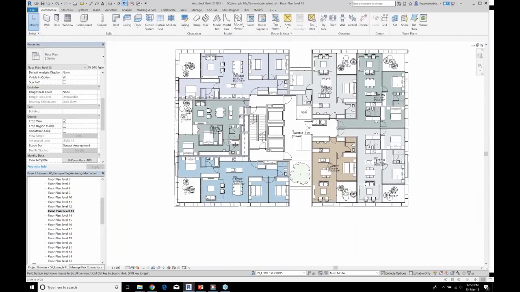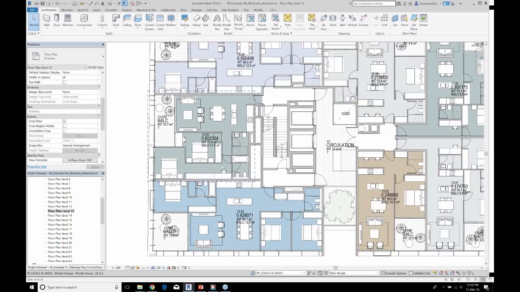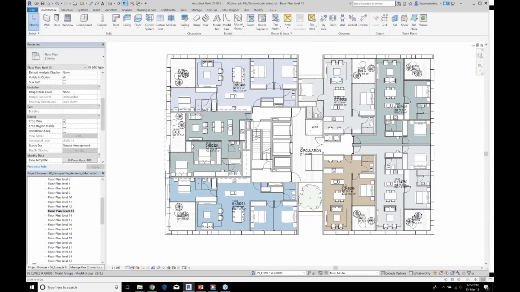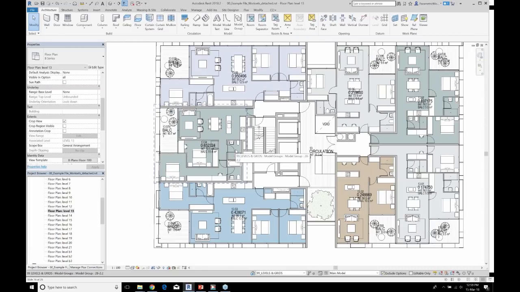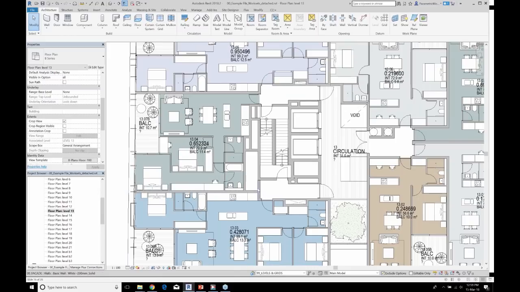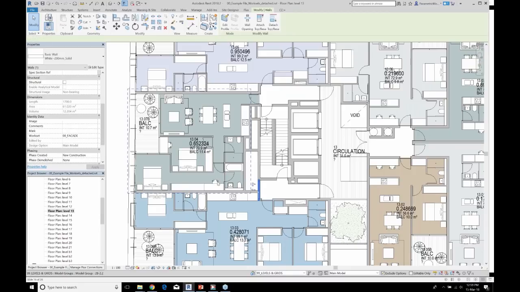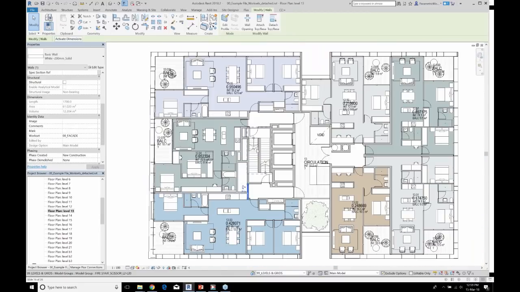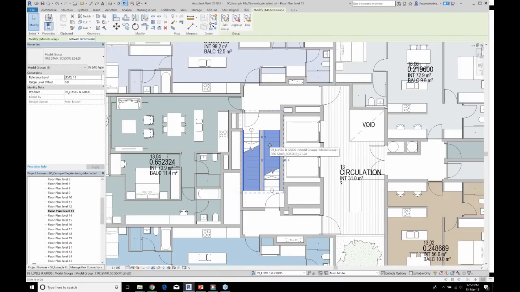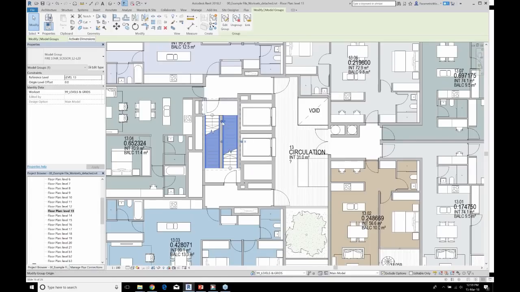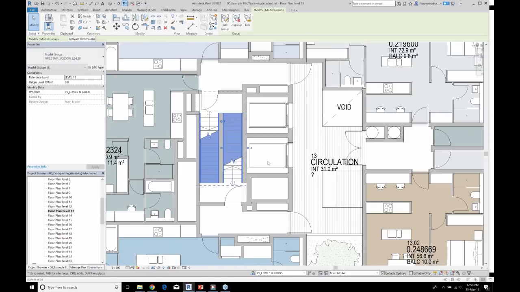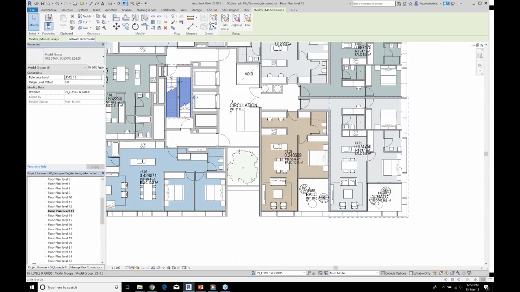So it may or may not be on the correct workset, but the script's done exactly what it's been told to do. So it might be that the team has to come in and do some tweaks to that. The stair hasn't been picked up because it's in a model group.